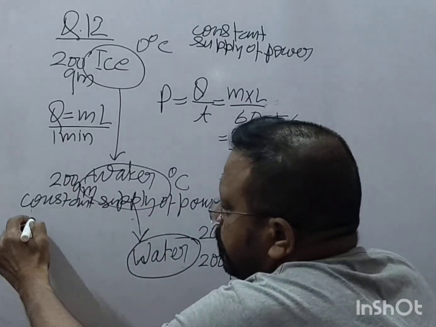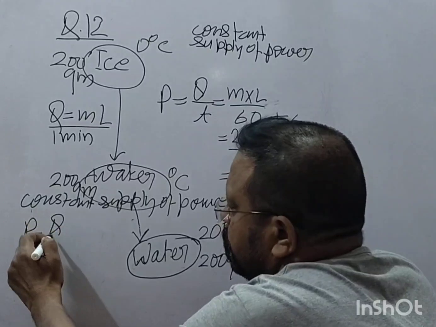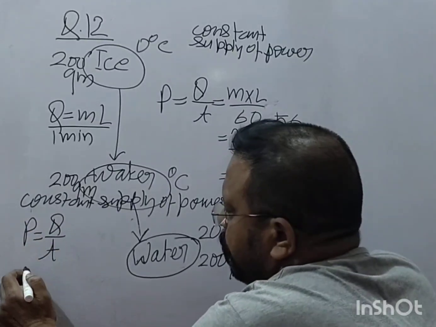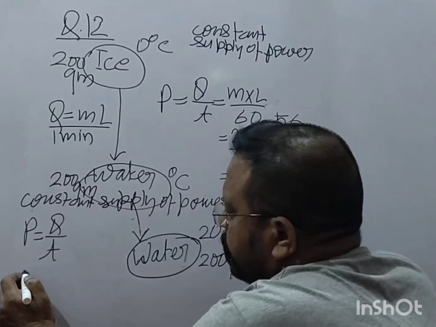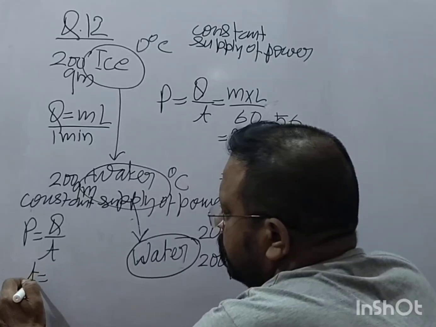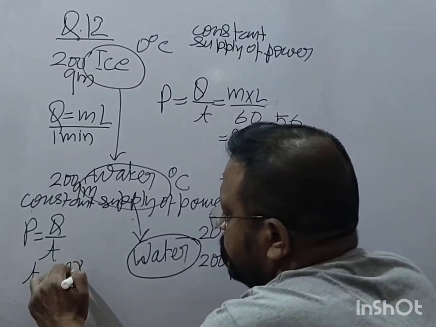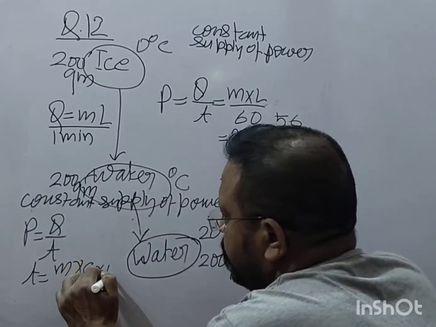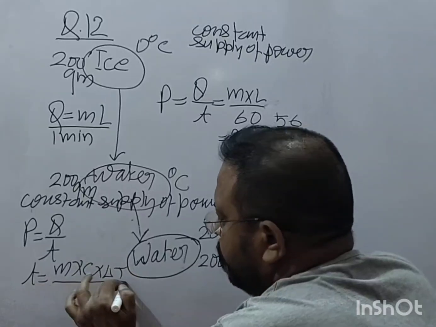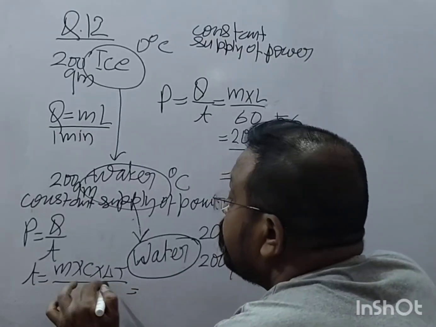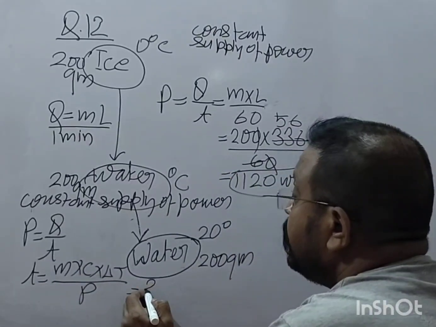So P is equal to Q upon T, or we can write T is equal to M into C into delta T upon P. So if we write this, 200